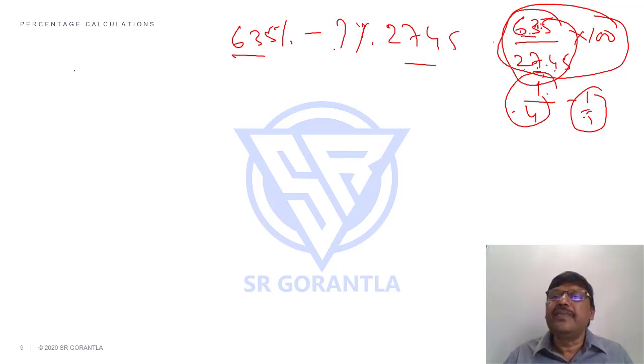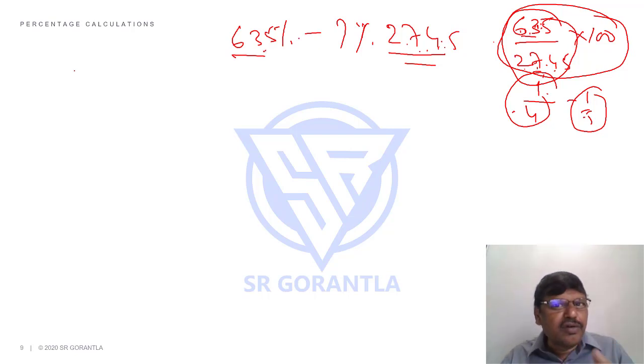Another way of estimation will be like this. What is 10%, students? 274. What is 20%? 2 2s are 540, but I want 630, so another 100 more. You said 10% is 270, maybe 5% is 130. So 20% is 530, but I want 630, so another 100 means probably close to another 5%. So my answer will be a little more than 20, somewhere between 20 and 25. That's how you should estimate.